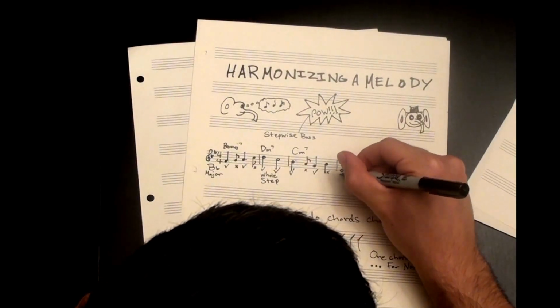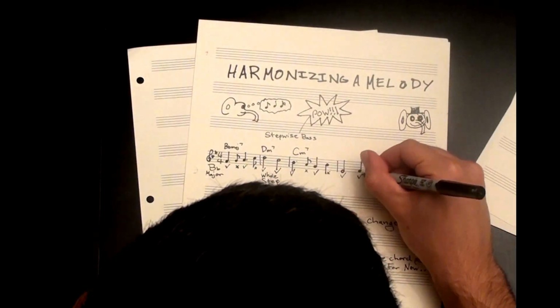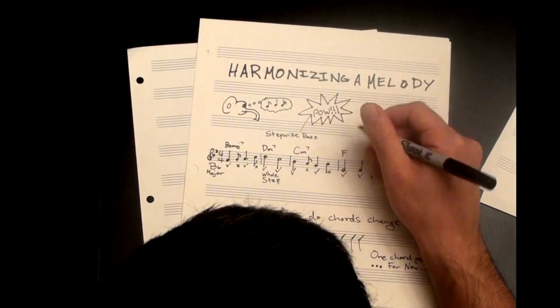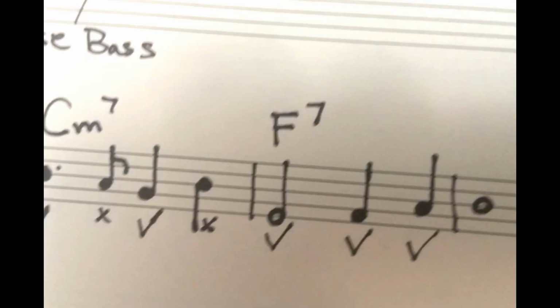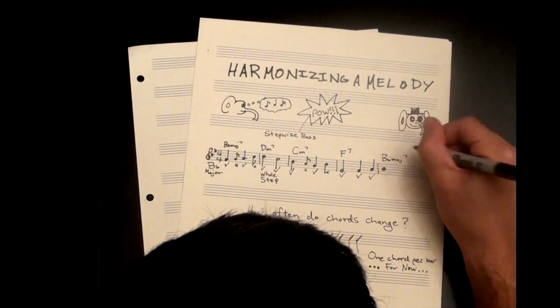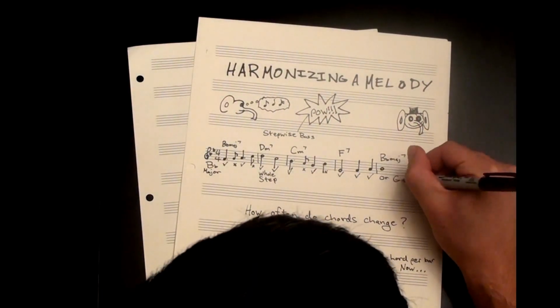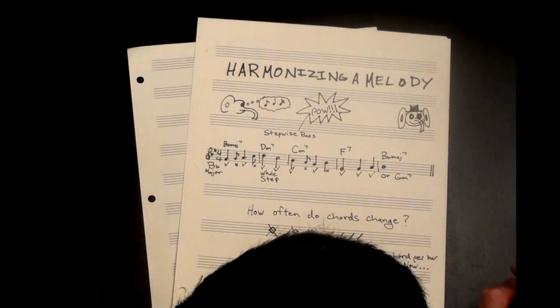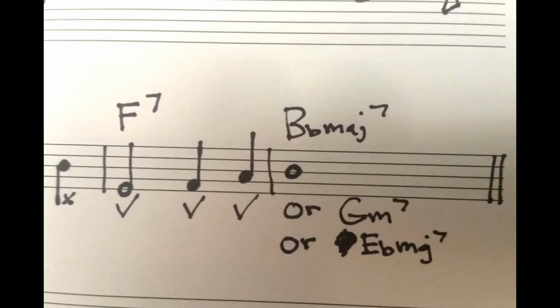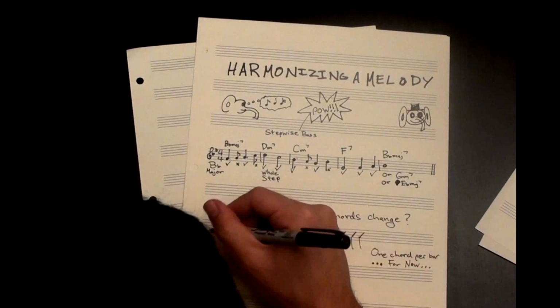Now we need a dominant function chord, and it has to support an E flat, an F, and an A. Fortunately, those are 3 of the 4 notes in F7, the primary dominant function chord in B flat. So let's use that. This can resolve back to B flat major 7, or if you want the progression to continue, we could go to G minor 7, or even something weird like E flat major 7. But let's keep it simple for now. This is what our final harmony sounds like.